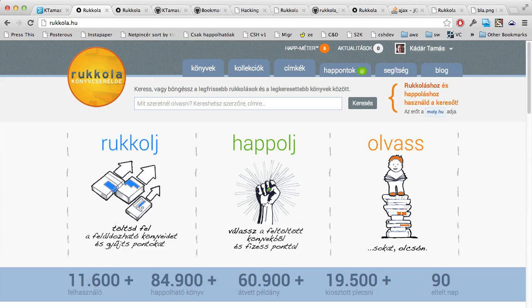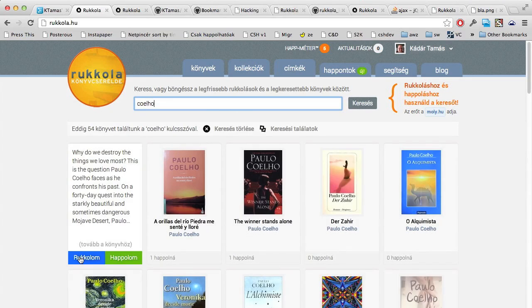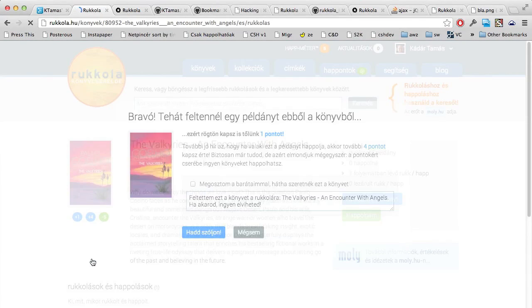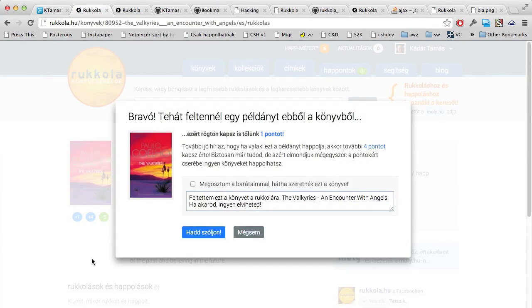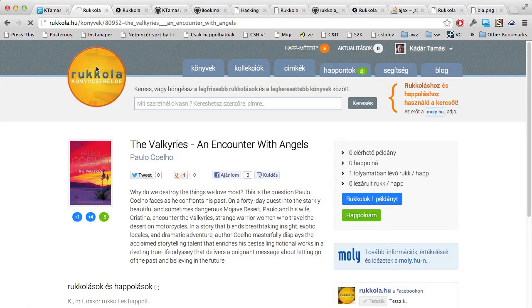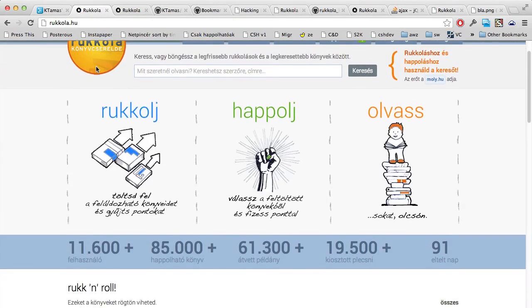the book? Very simply, you just search for the book, and you just say it has a very weird terminology that doesn't translate into English at all. But you pass Rucola, and this means that you have this book and you want to give it away. Anyways, it's a really cool website, and